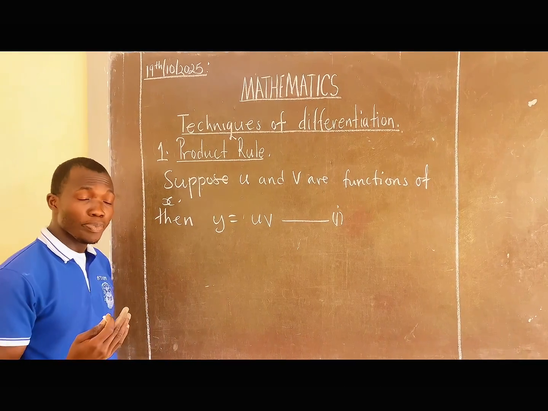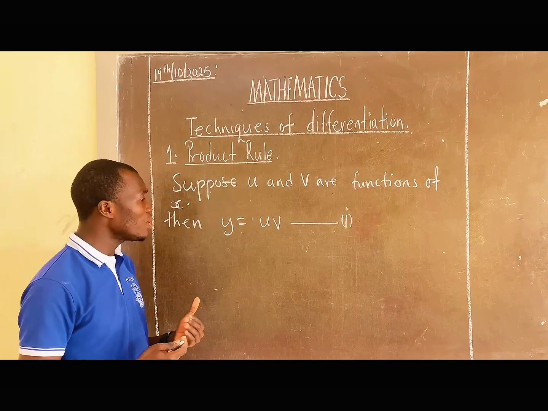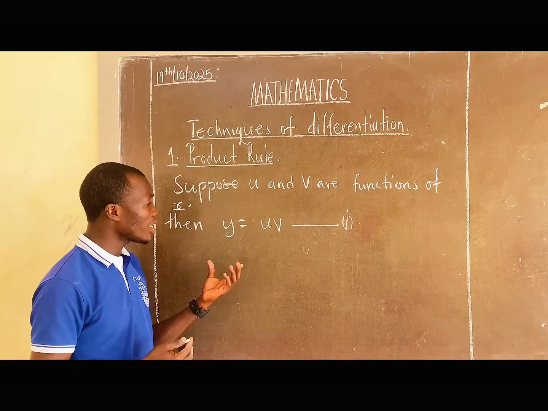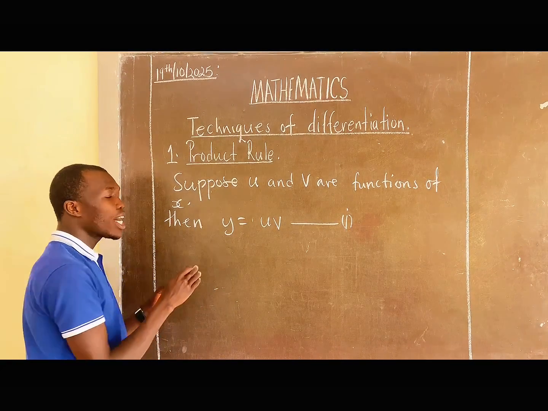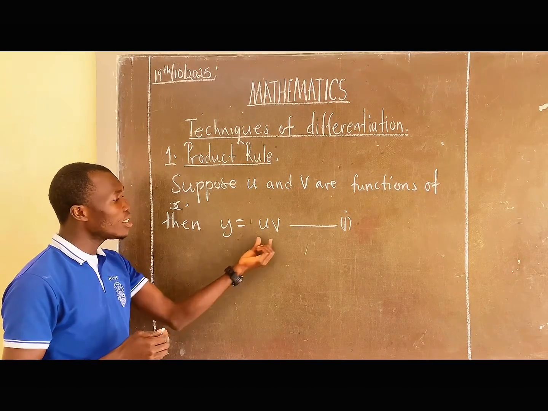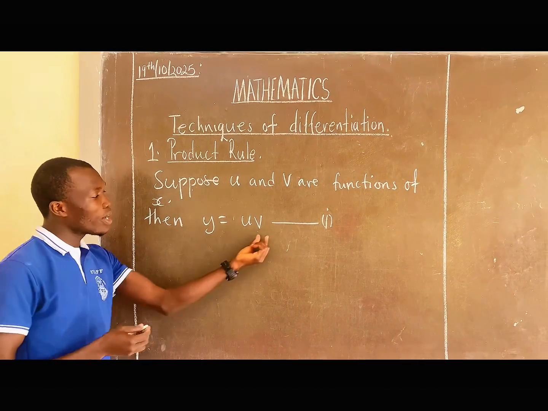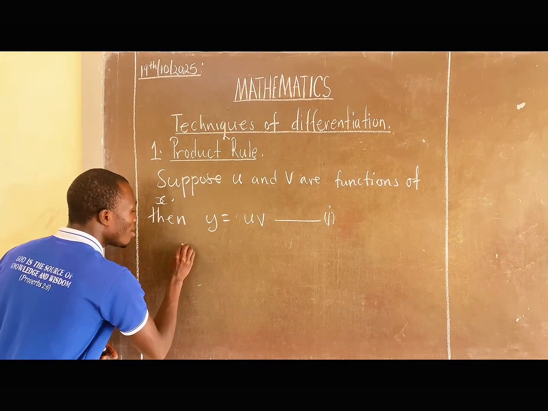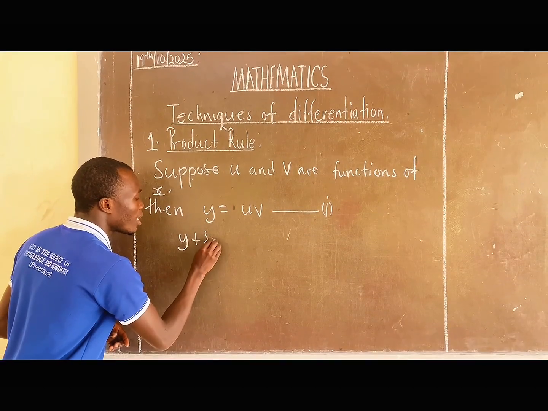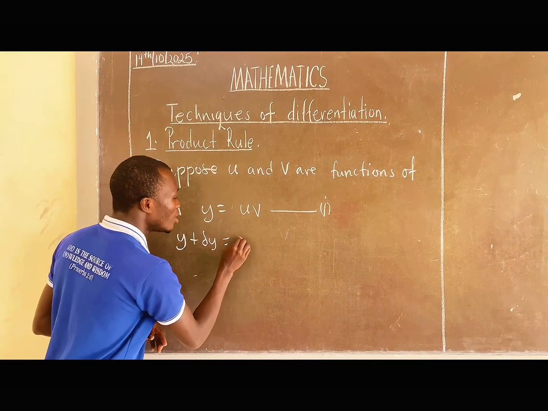We are going to use differentiation from first principles here. So we shall add a small increment in y and small increments in both u and v. So we shall have y plus small increment in y should be the same as u